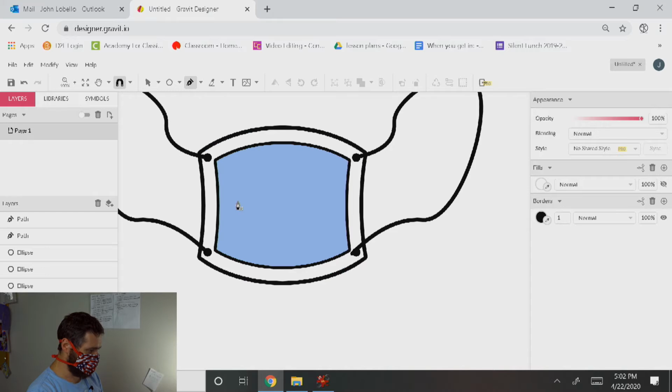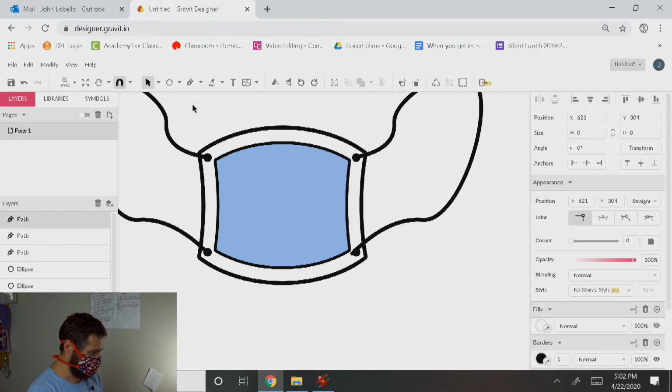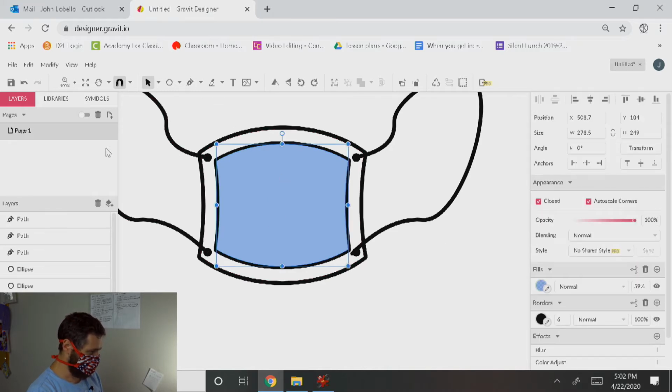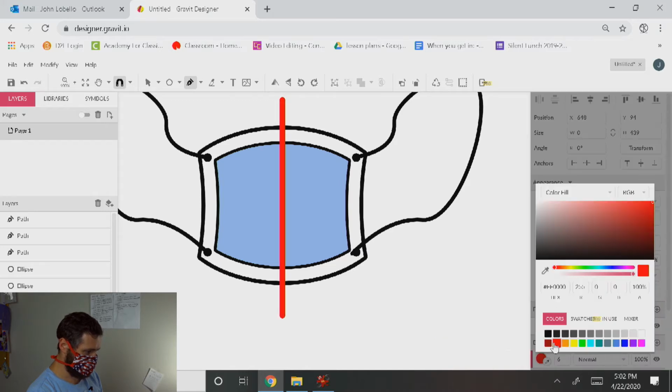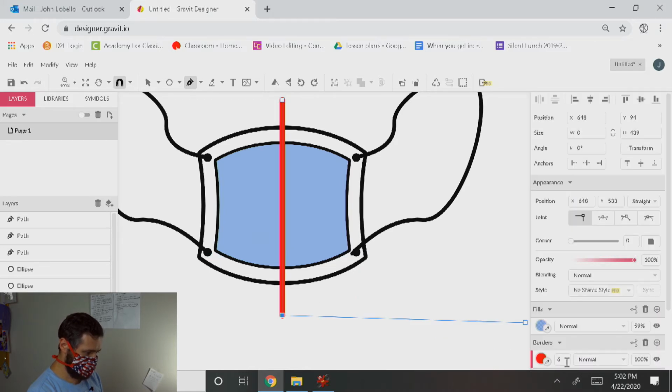Actually, what we'll do first is click on this and grab my pen tool real quick and center a line straight down the middle there, and I'll make this red just so I know to delete it later. I might make it a bit thinner too. All right, maybe 2 or so. All right, so with that done, now